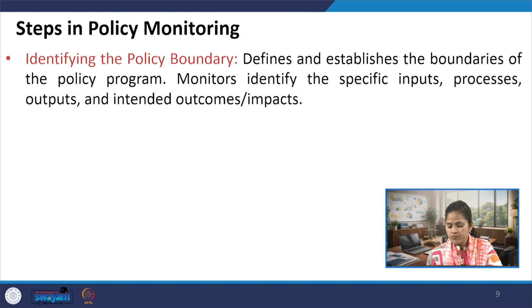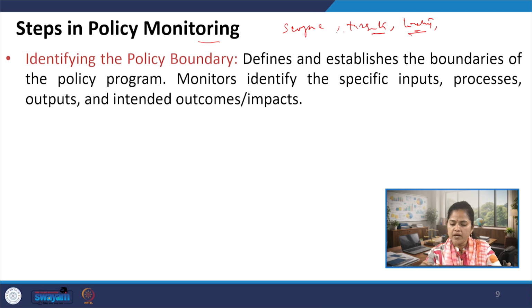Okay. So first of all, we need to understand what are the broad steps that are required in policy monitoring. Okay. So the first step in policy monitoring is identifying the policy boundary, right. So what is the meaning of identifying the policy boundary? So for monitoring, we need to understand the scope of the policies and also the targets of the policies. Okay. And what are the likely consequences of the policies, right,